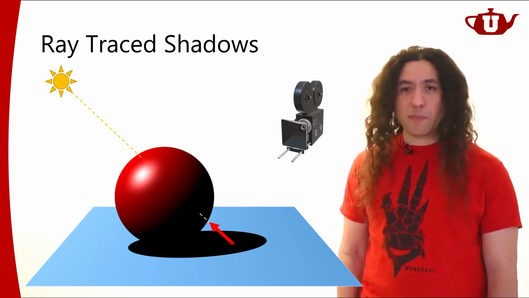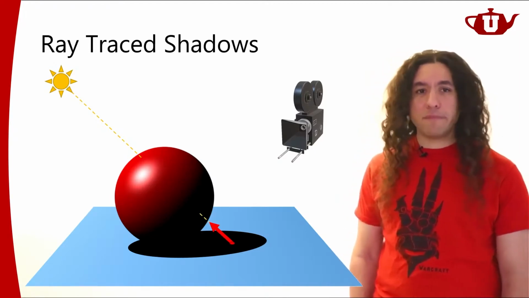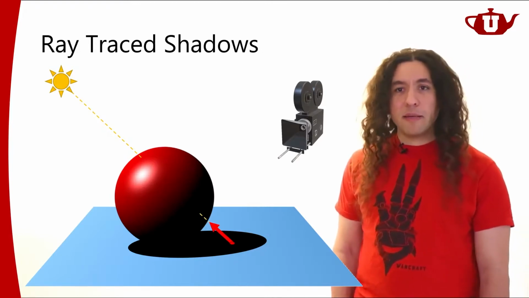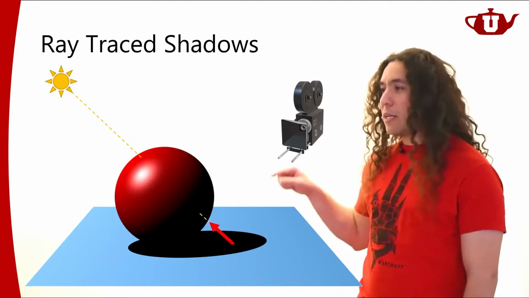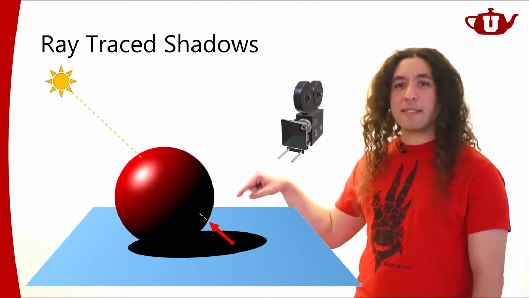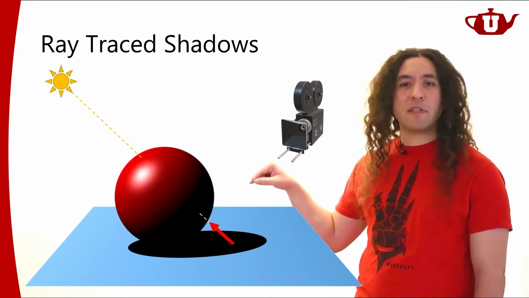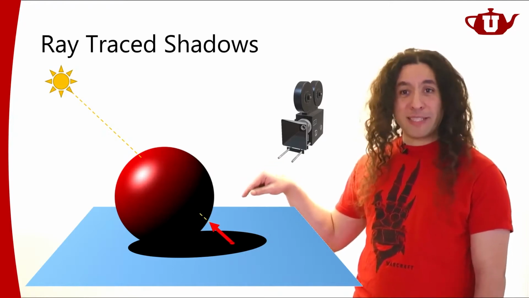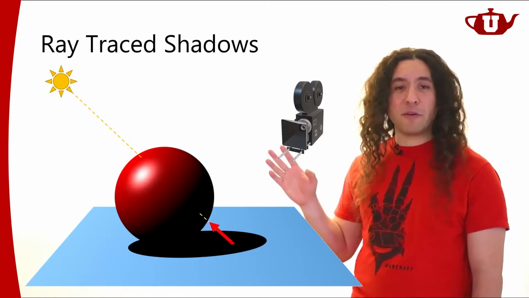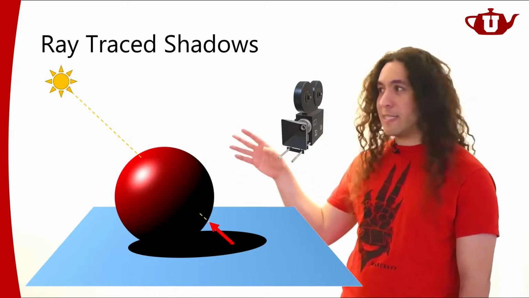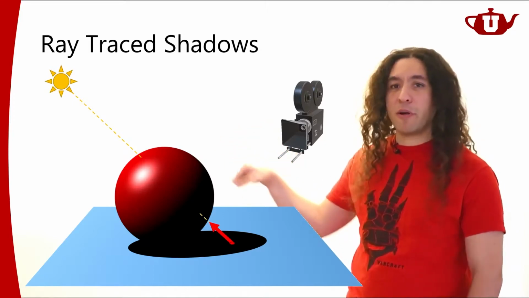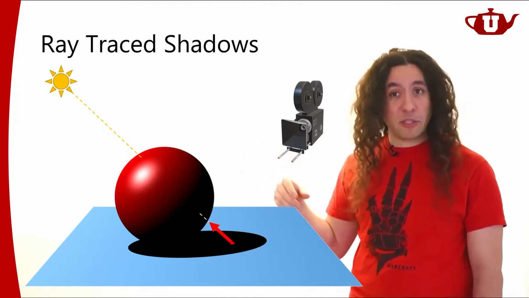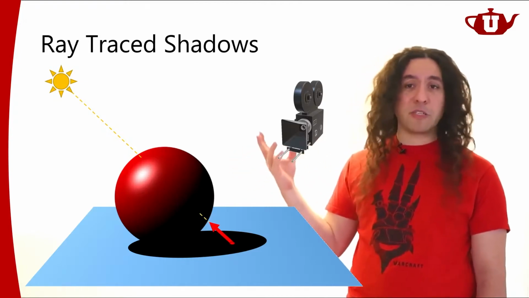It's not too expensive. Shadow rays are significantly cheaper than other types of rays because I'm not trying to find what this ray hits. I'm just asking if it hits anything, and I don't care what it is. When I send a shadow ray, I just care about this query of, is there something in between this point and the light source? Yes or no. I don't care what it is. If there's something, it's going to be in shadow. If there's not anything, then it's not going to be in shadow.